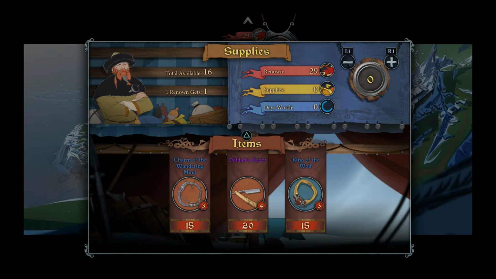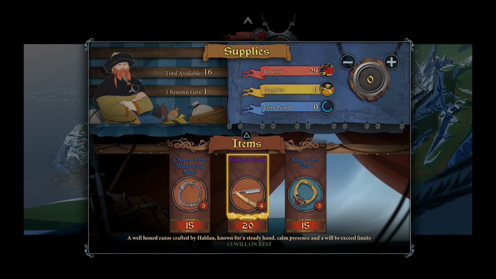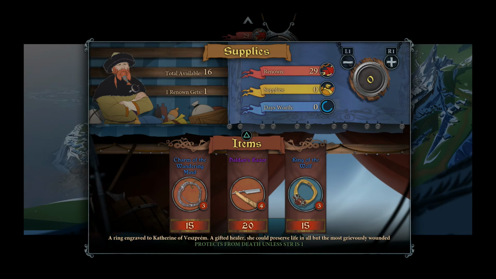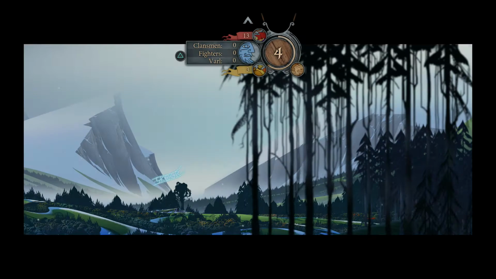Additionally, you can find items along the way, rarely dropped by enemies, purchased in markets with renown, or as the result of a dialogue choice. These items will boost your stats conditionally. So the flip side of using renown to level your characters and buy items is the fact that each day